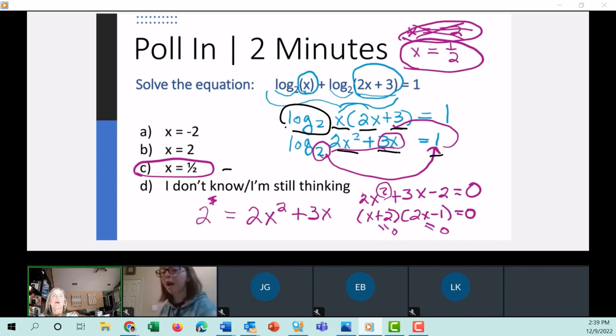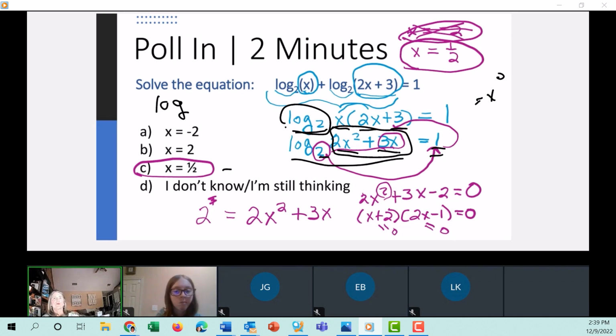All right, so we've got to keep that log base 2 until we combine these with multiplication. But then I have to look at this, because how do I bring this over? We have a base 2, and anything raised to the 0 power is 1. X to the 0 power is 1. Anything raised to the 0 power is 1. So we've got to write this as a log. We have a log on the left. We've got to write a log on the right. So 1 is equal to